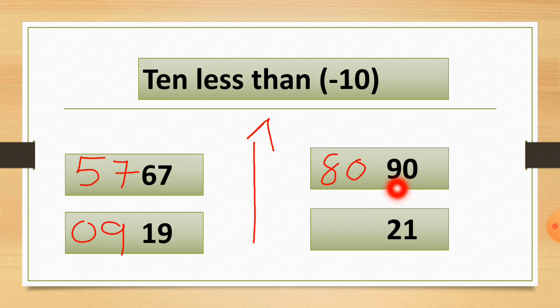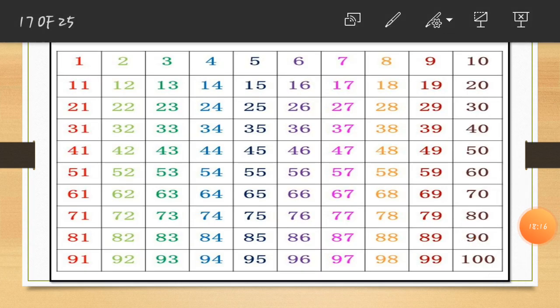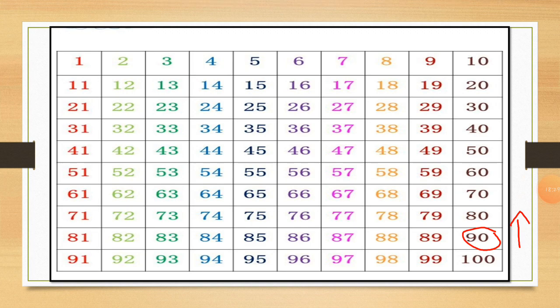If we cut 10 from 90, so we will get this number. Let's check in the hundreds grid if we get the number 80 or not. Let's check, students, where is the 90 number first. I circle here the 90 number, and we have to subtract, so we have to go in the up direction. You can see I just draw this arrow, which is the up direction, and we are getting the number by moving just one step upside. So here 90 and its upside is 80.